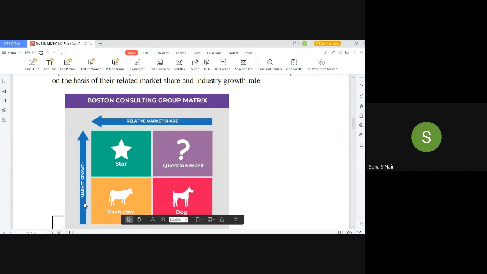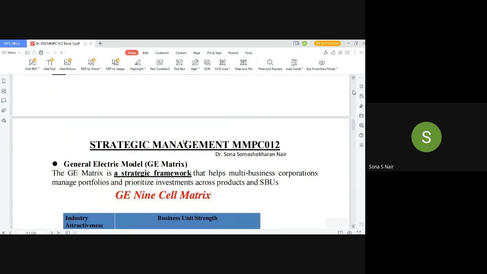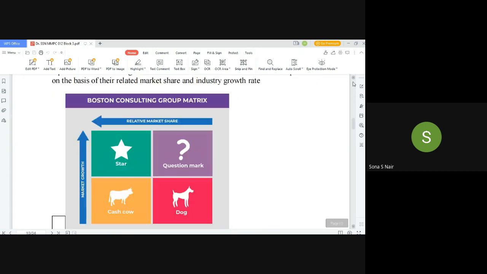Possibly any market in its initial stages grows a little slowly and then it picks up. So on the basis of these two dimensions, if we place our SBUs, or division or firm or product or company, whatever,